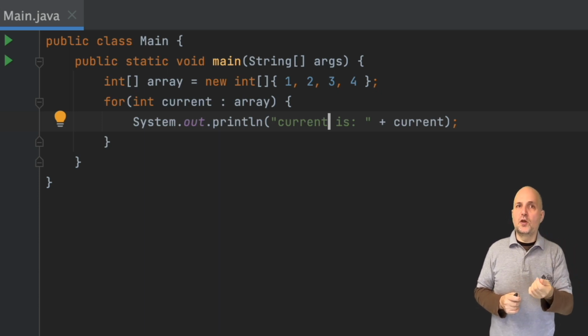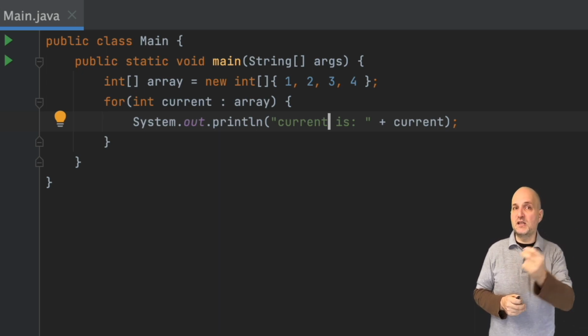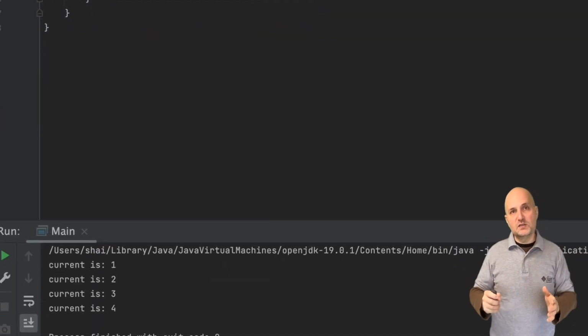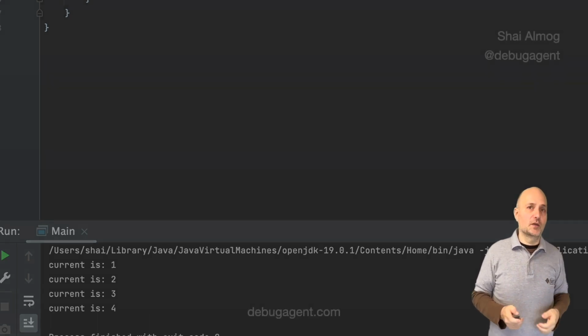As a result, there is no stopping condition, only the array that we traverse. This syntax is separated with a colon instead of a semicolon. I just updated the print statement to reflect that, and we can run the loop. It prints a similar result. As you can see, the numbers correspond to the numbers we had in the array.